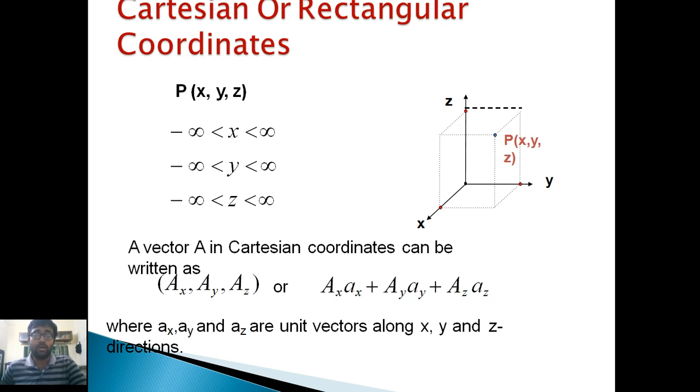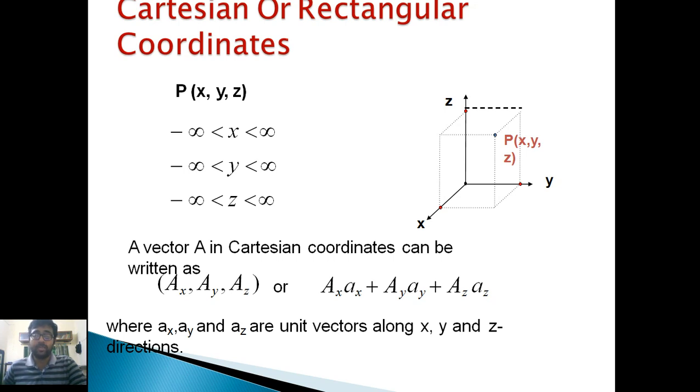Now we have already discussed vector algebra. If we have a vector A in Cartesian coordinates, it can be written as capital A suffix x into small a suffix x, plus capital A suffix y into small a suffix y, plus capital A suffix z